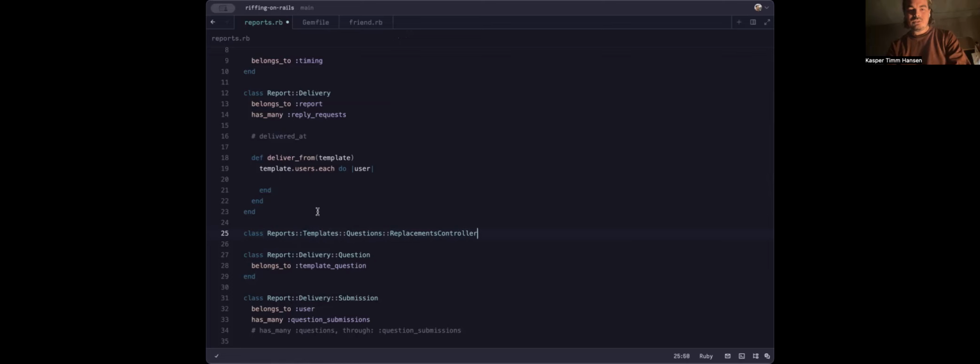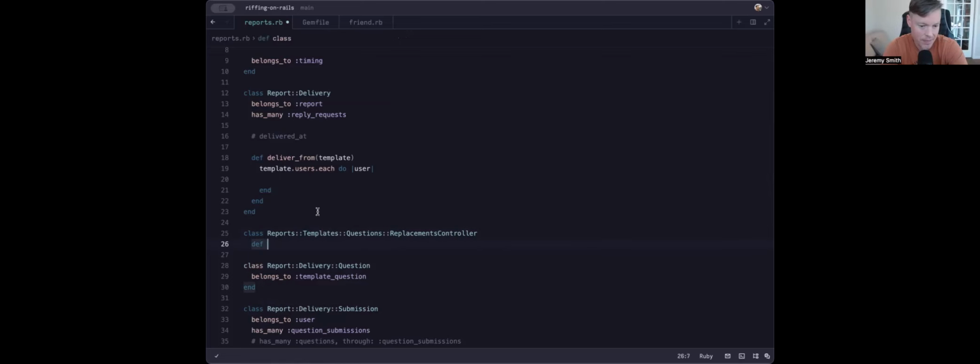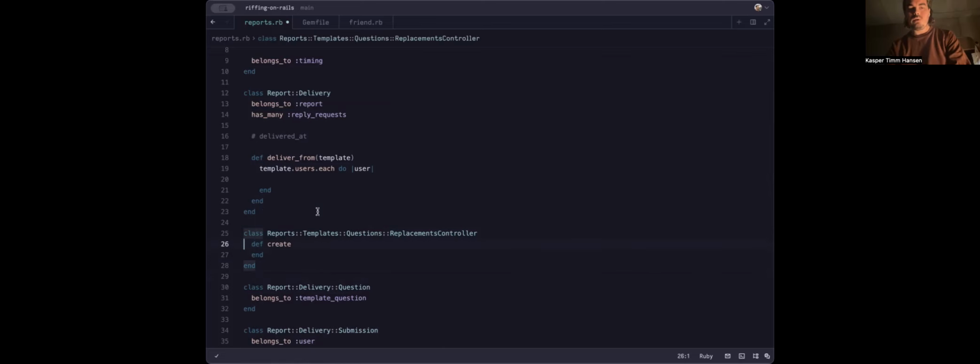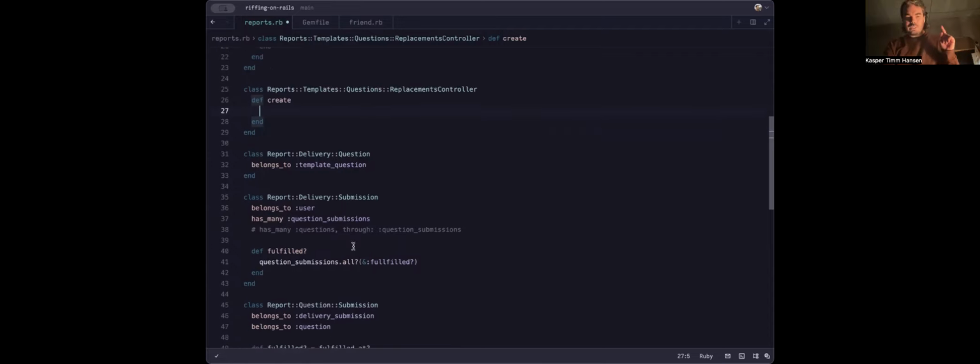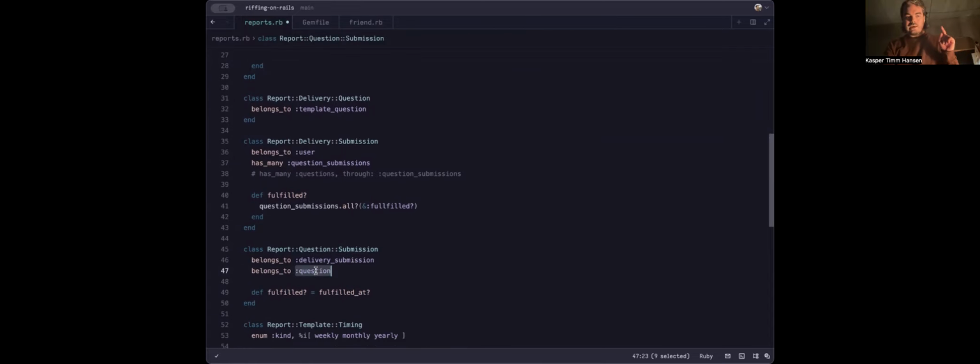In the replacements controller, we're creating a replacement. So what we're doing is we have the ID of the old one, and then we're trying to actually destroy that. But what we want to do is take all the old replies and answers and copy them over to the new one, I think. I think that could kind of work because with the stuff we've set up here with the submissions and having this,